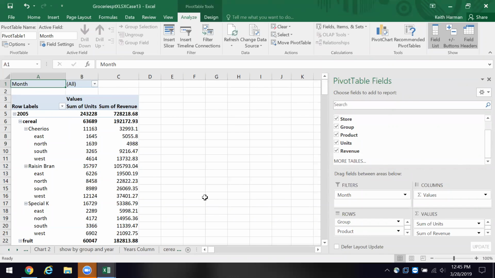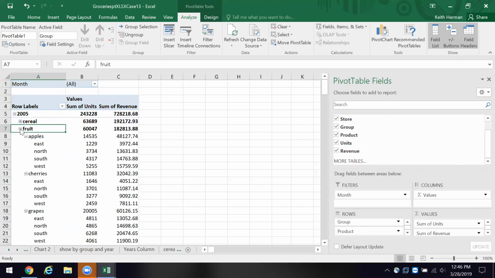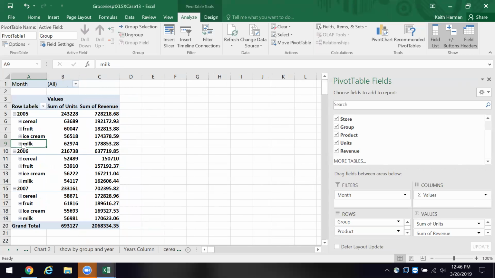And we'll scroll up here and take a look, and you can see it's very, very intuitive. I have the row labels and I have the values, and you can see that I've got, for 2005, all of the cereal products it sells. If you'll come here to cereal for a moment and click on it, okay? Once it turns, you should be able to collapse that. And you could collapse the fruit. And you could do the same with the ice cream. And you could do the same with the milk. What we had was what's called a compact view. Here we've really compacted the view. If I want to focus on a higher level, or I hesitate to say macro level, I can just see overall with these products, cereal, fruit, ice cream, and milk, how I did in